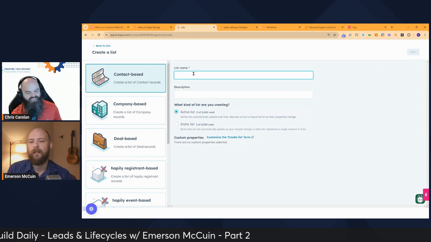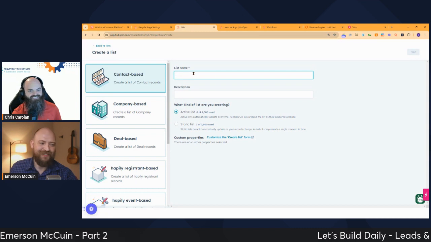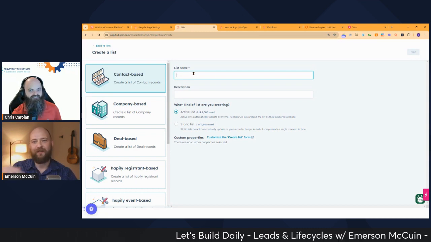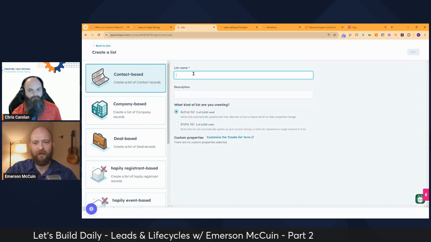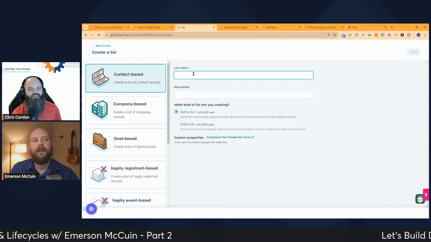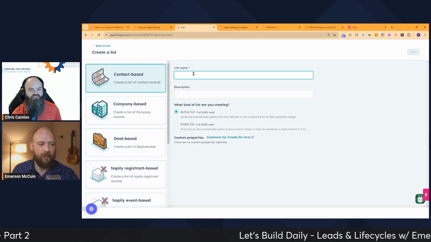So what is a naming convention you like for your lists? Oh, perfect question. I always do a numbered system so that I can sort alphabetically. Contact is my first one, and I always do 01, period, and then lifecycle stage. I do specify whether it's contact lifecycle stage or company lifecycle stage.